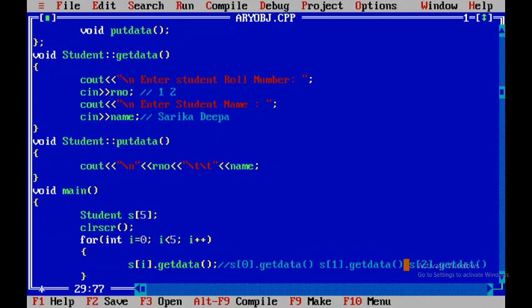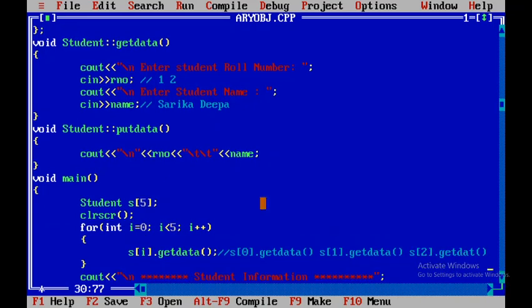So this is one more execution of this for loop. Because of this, the execution of get data will happen, and here again the user has to give a roll number. Let us consider roll number is 3, and I am giving the next name. It will come back and increase the value of I again by 1.